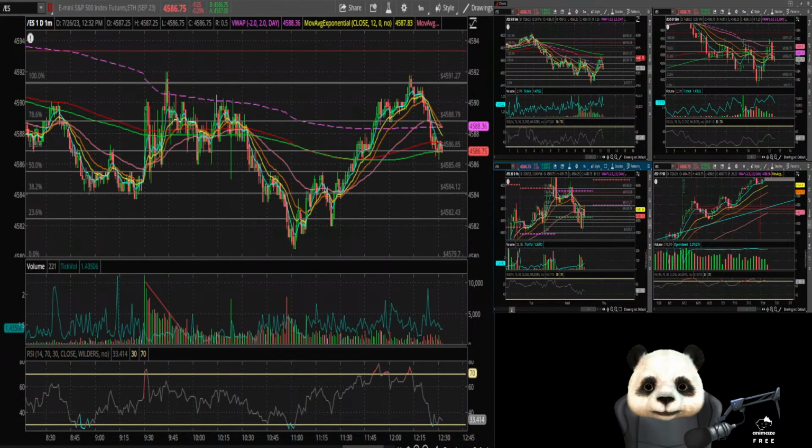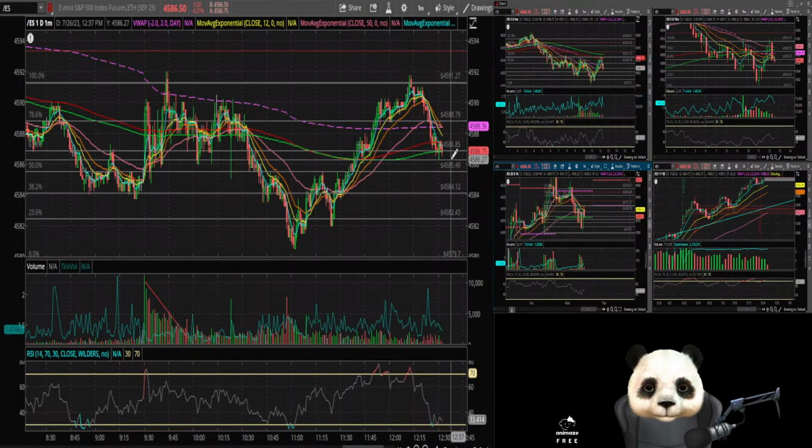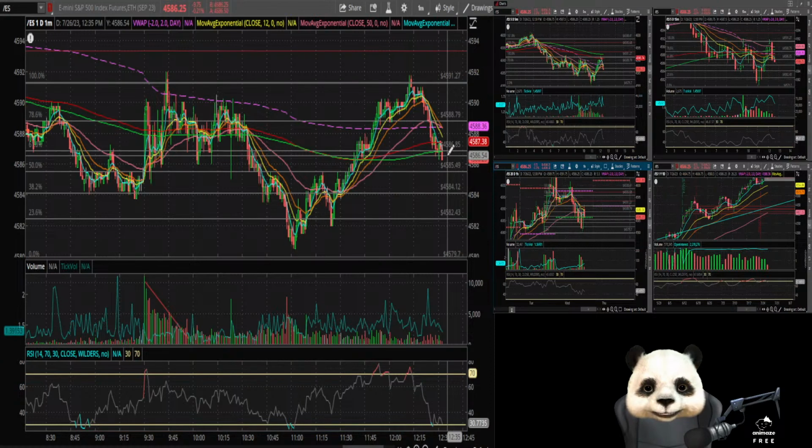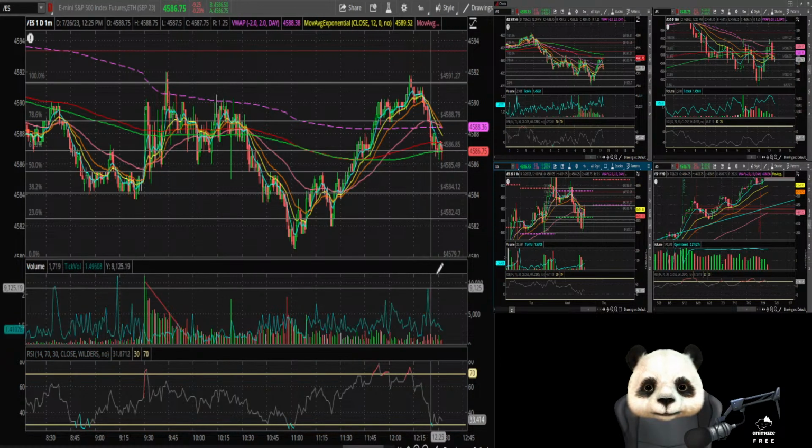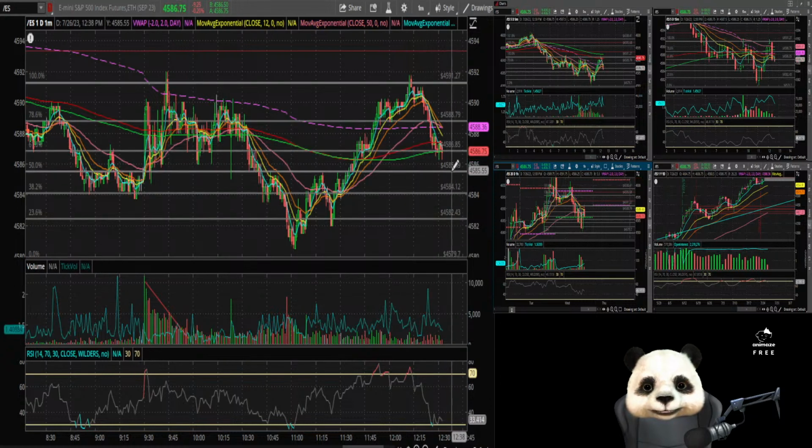But yeah, I definitely like using volume profile, and I'm getting that volume profile using Bookmap. So it looks like we're coming back down after that bounce, which honestly might be a good sign that I'm going to get stopped out if we do tap here. But we'll see. We shall see. Give it some time.